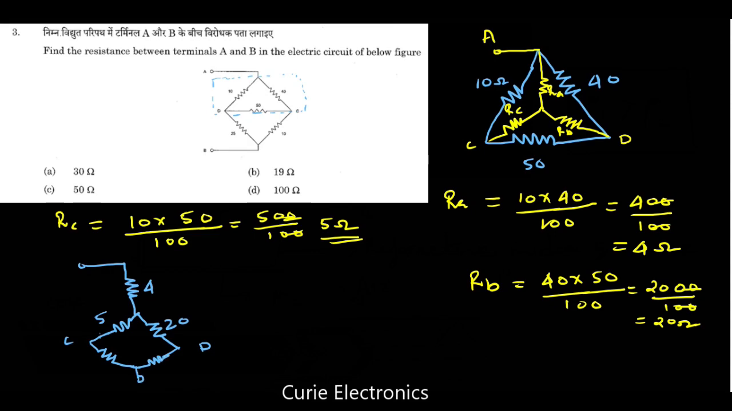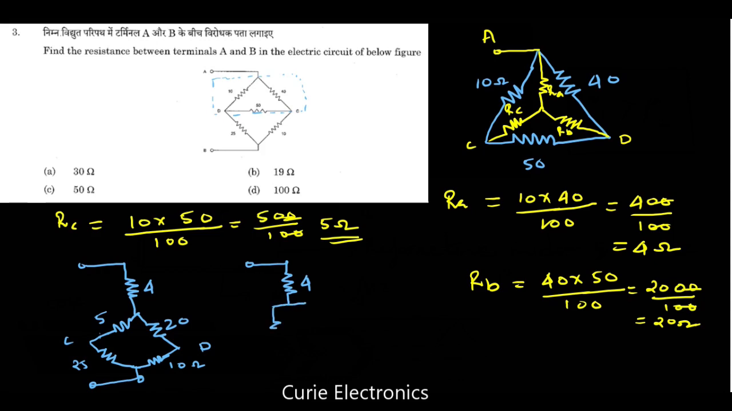Okay, these are the ends. I'll take it like this. What are the values? 25 ohm and 10 ohm. Now all of you know how to simplify. This 20 and 10 are in series. Similarly, 5 and 25 are in series. So this network will get reduced to 4 ohm